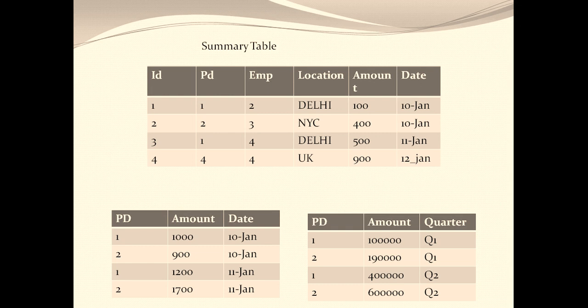I have another user who is more focused on employee data. He takes care of the appraisal and the firing department. So in order to give employee of the month, he wants to identify the employee who has made the most sales in this particular month. Then in order to give appraisals, he wants to identify the employees who have been consistent and have made the most sales in the entire year. And if he has to fire 10% of the employees, he wants to see the employees who have made minimum sales throughout the year. So he wants to see the data from that perspective. Then we have another set of users who want to see the data from a location perspective.